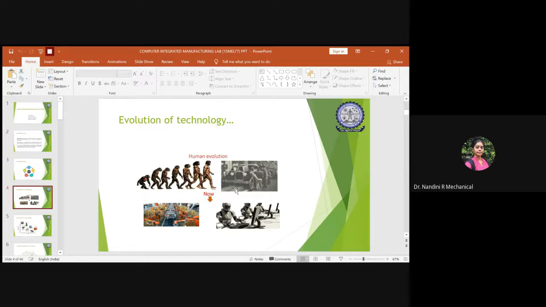Similarly, first we had very good old type of cars with four-wheelers, and now we have mass production which could be done by the use of robots. And now instead of humans, the robots are replaced. These are nothing but the humanoid robots. So you can see how the first Stone Age people is now changed into a humanoid robot. All these are happening. Why? Due to evolution of technology day by day.